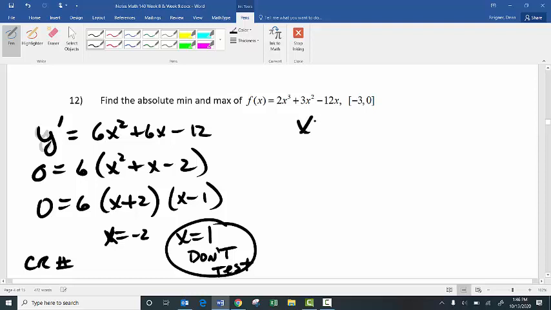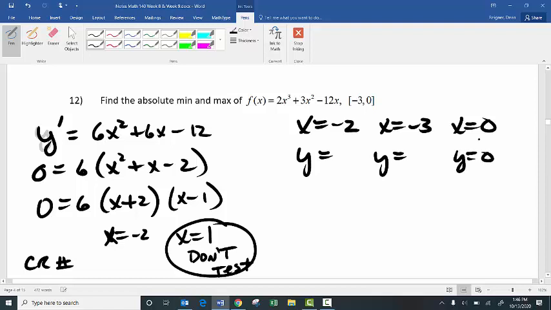So this one you're going to test -2. You're going to test -3, and you're going to test 0 to get your highs and lows. So obviously when you plug in 0, you get 0. That one was pretty easy. So the next one, when you plug in -2,